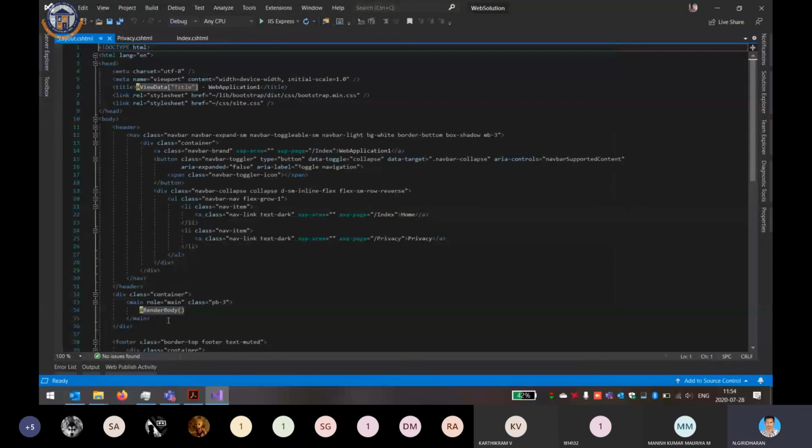See, if you have a common structure, that means a common layout. If you consider a Facebook web page, because it is familiar, we are taking it as an example.